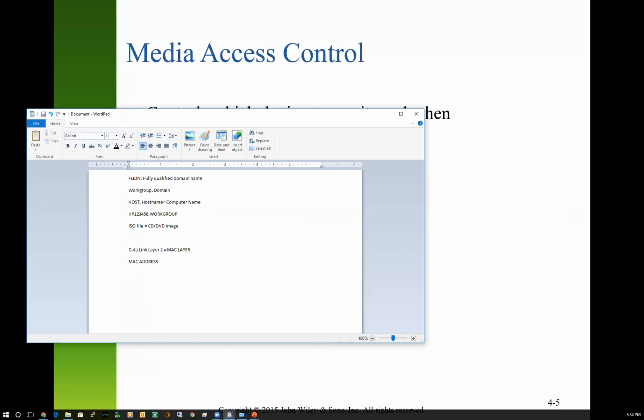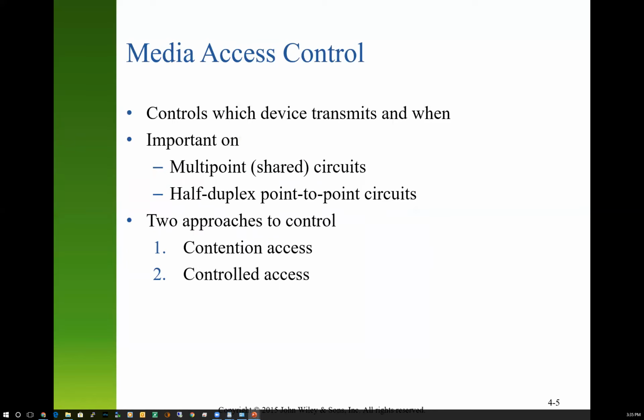I had asked you guys to do a little assignment where you looked up your MAC address, or the hardware, physical address of your computer. That was that 12-digit long number that looked like something like this, 00-0C-3B-B-2A, something like that. It's different on everybody's computer. That's a MAC address. Or maybe it has colons in it. Colons or dashes, either way is okay to enumerate it. So it controls which device can transmit and when. It's important on a multi-point circuit, LANs or multi-point circuits.